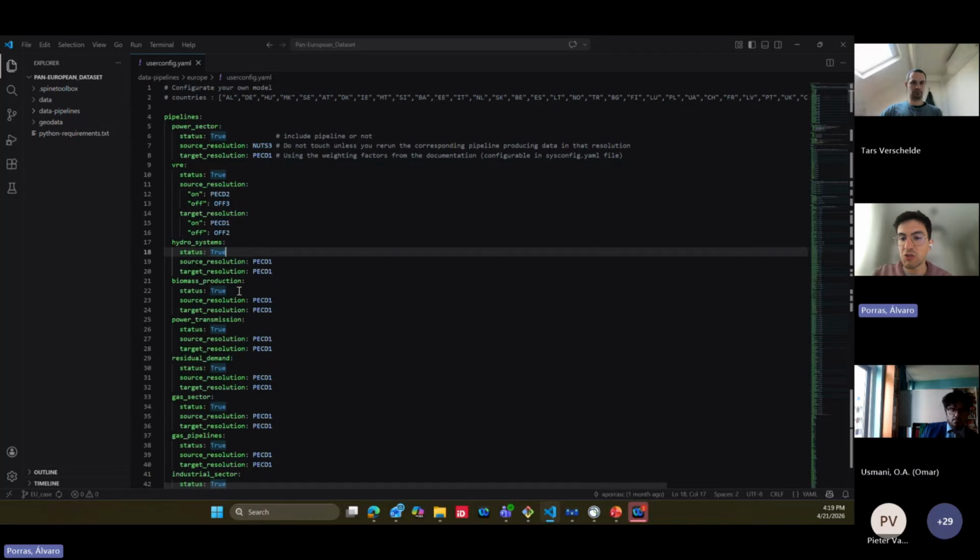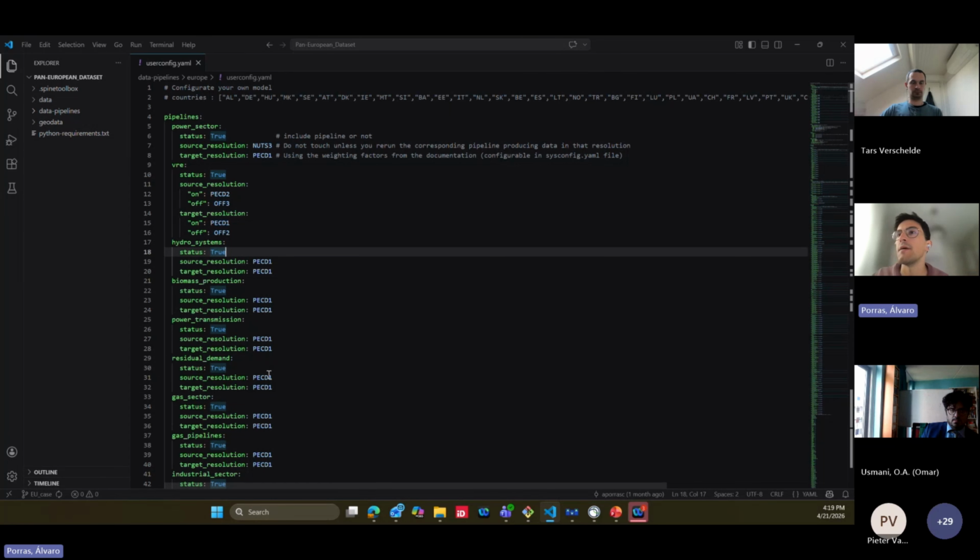Most of the data is at country level, so if you want to use a higher resolution, then we will apply different transformations to that data based on some assumptions. For example, for demand, you can use population. In the case of capacity, you can use area. It's not accurate, but it's a proxy.